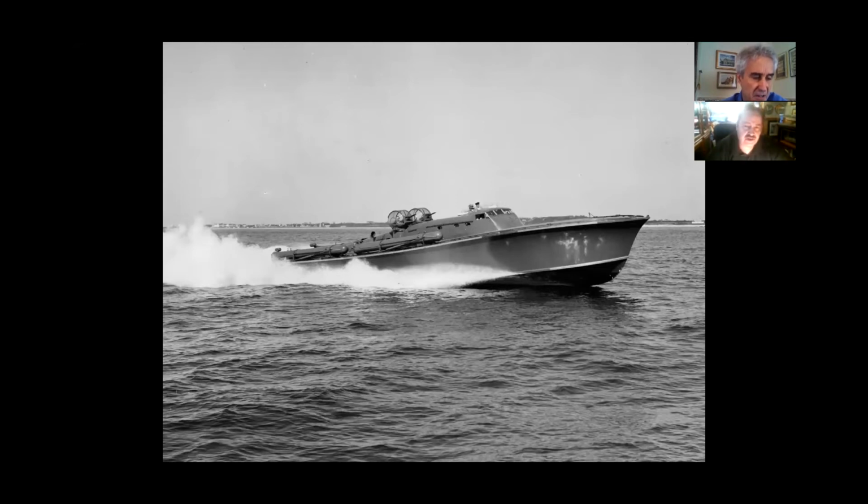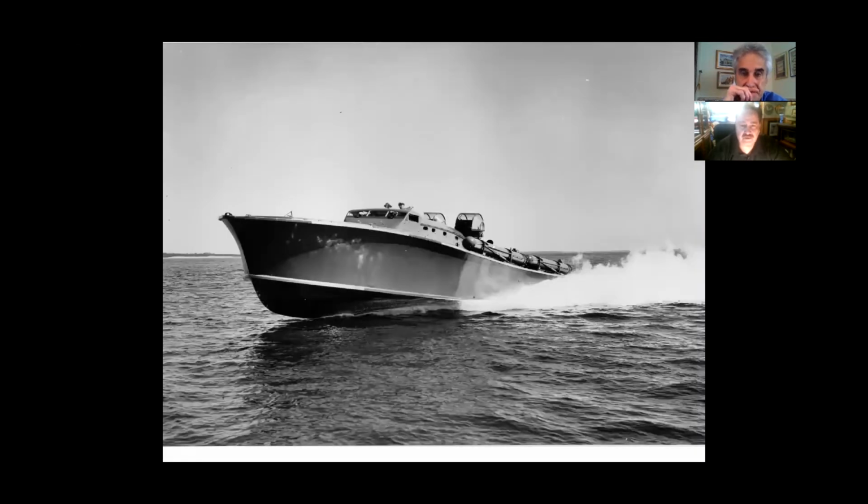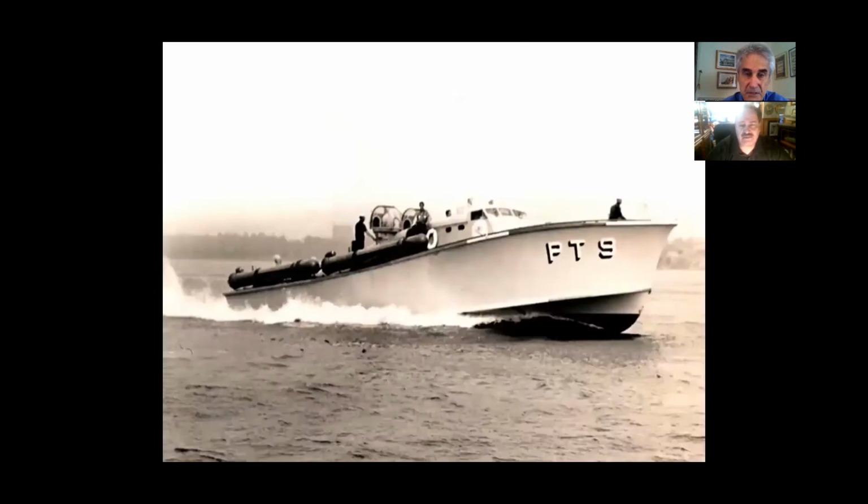Okay. And of course, after Elco got involved with making their own 70-foot boats, they changed and went with the Packard engines and disregarded the Merlins. Okay. You know, another beautiful shot, a port side shot of the 70-footer, and just an absolutely wonderful boat. Great handling boat. And this boat would be the design that Elco would go by. They would go by this in making their own first assembled 70-footers, which now here, of course, we're looking at